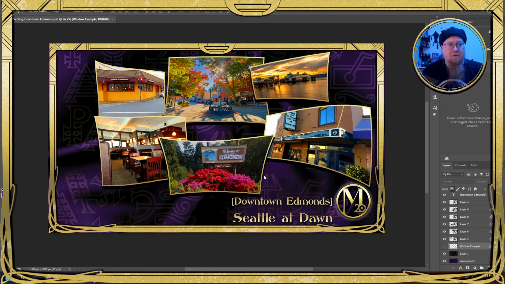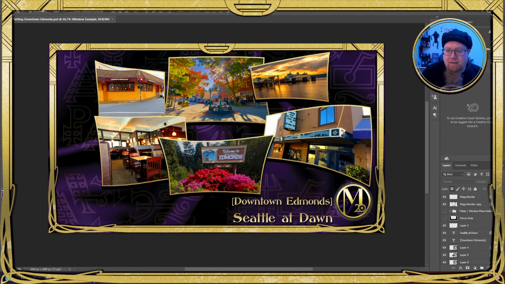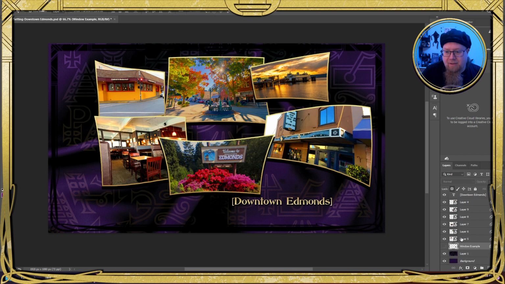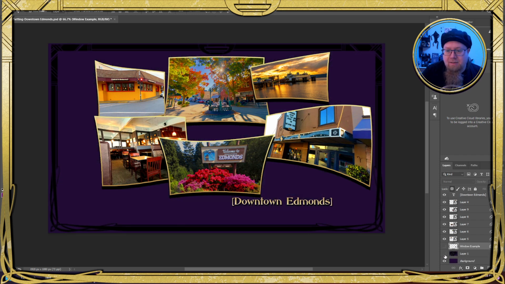This is saved as our Downtown Edmonds scene. And we are going to turn off the things that we don't want to bring into Roll20. In this case, that means the gold border, the Mage badge logo, the Seattle Dawn title, and the silk background. We want to keep just that shadow border and the purple, and of course the postcards.